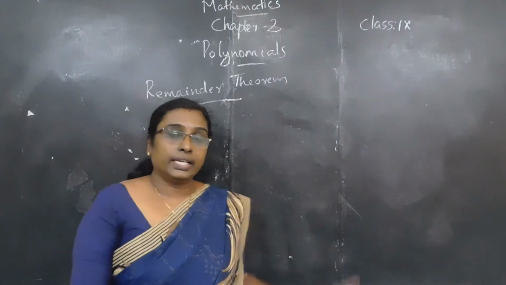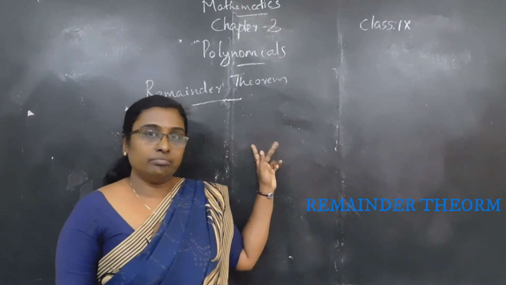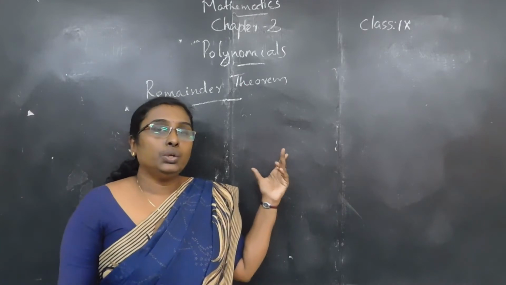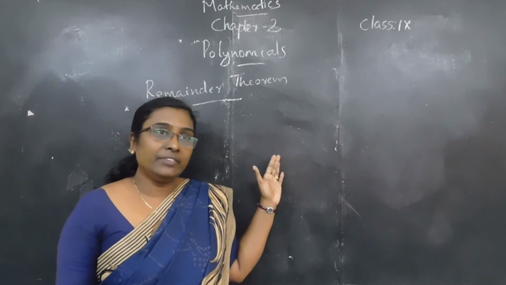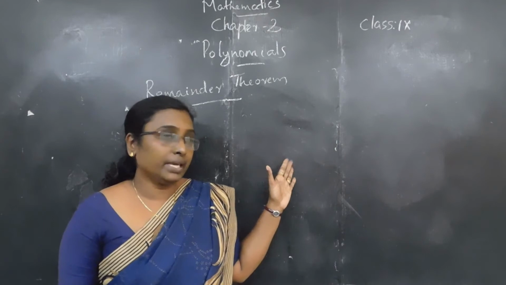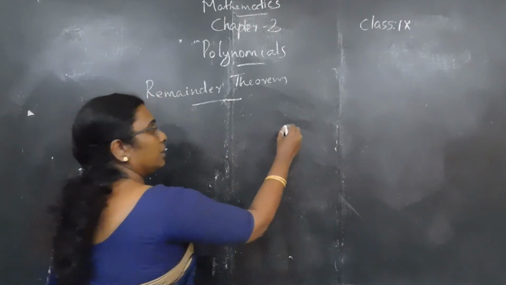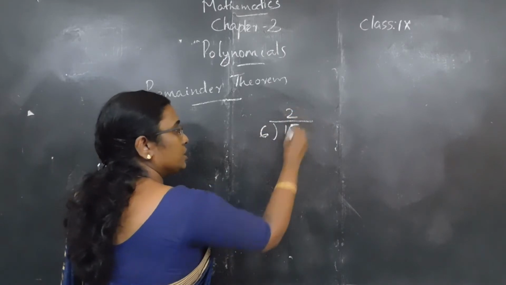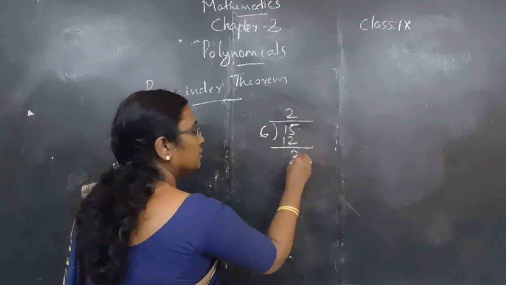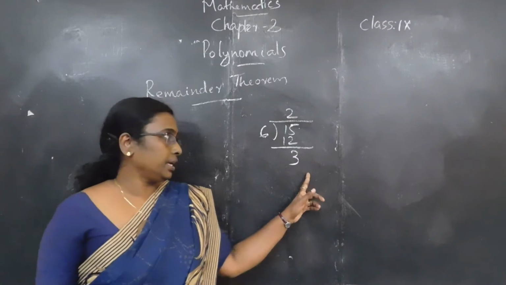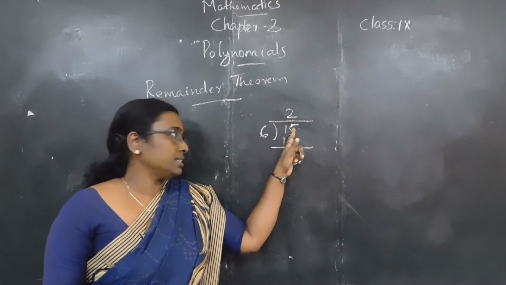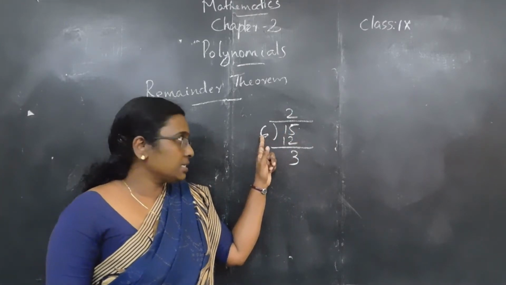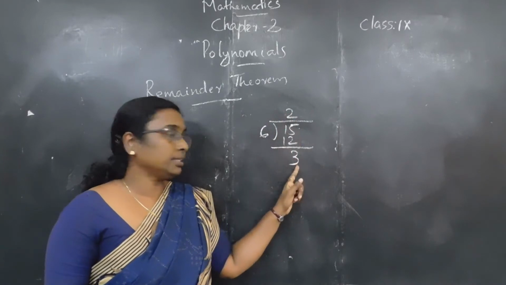Okay. Next topic is remainder theorem. Before that, in lower classes you studied about dividend, divisor, quotient and remainder. That is, if we divide 15 by 6, we get 2 as quotient, remainder is 3. Here 15 is the dividend, 6 is the divisor, 2 is the quotient and 3 is the